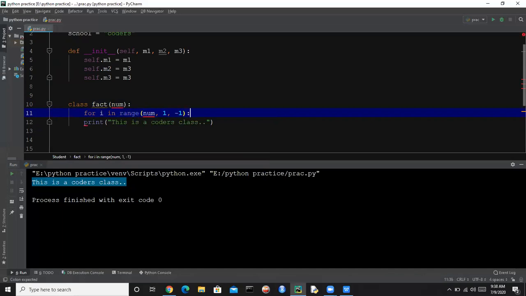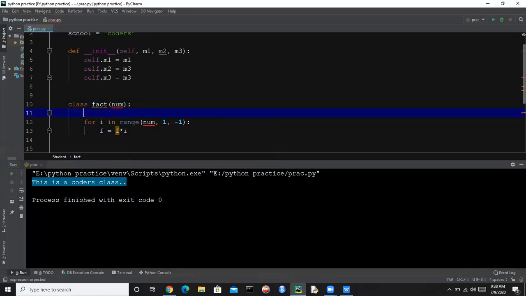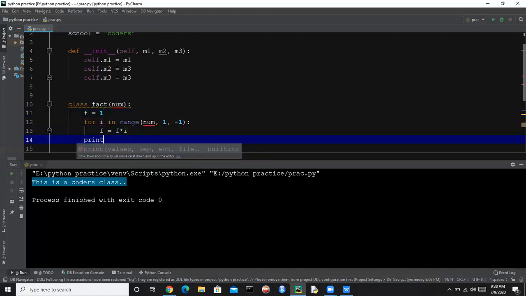And let's say f for storing the factorial, f equals f into i. So we need to write f equals 1, starting from 1, and let's say print f.